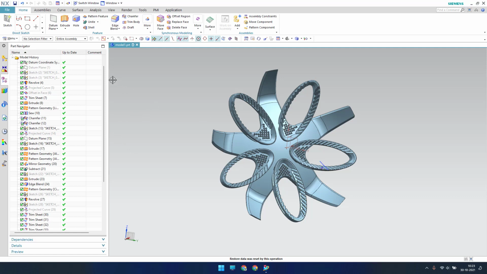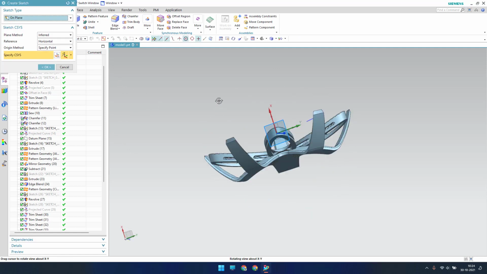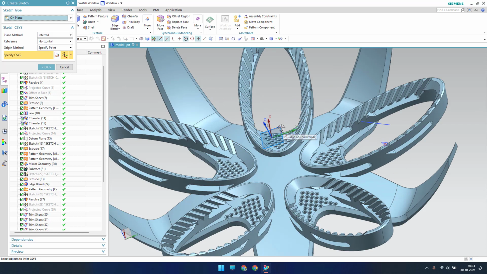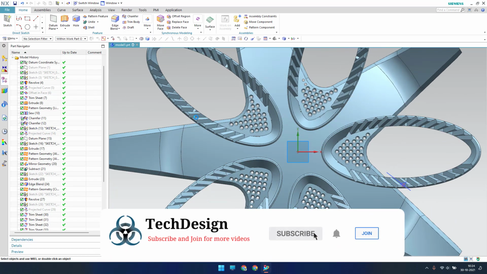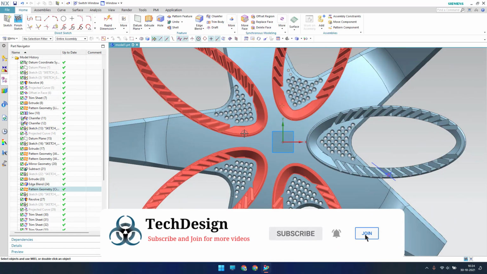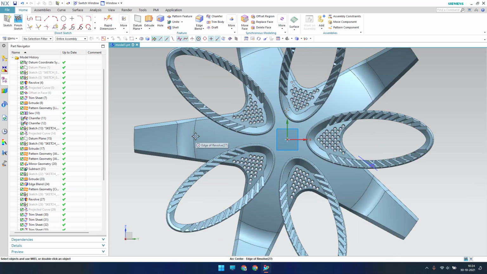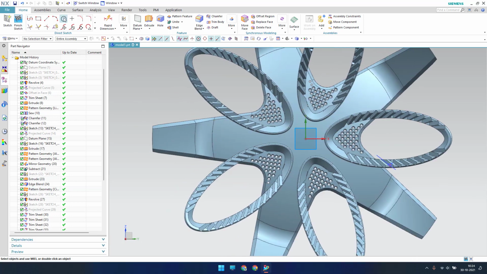So what I will do is I will just go to Sketcher environment and I'll select this sketch plane and I'll just click OK. So now we are in a Sketcher environment, as you can see here. Now I'll make a circle here, with a diameter of 150.